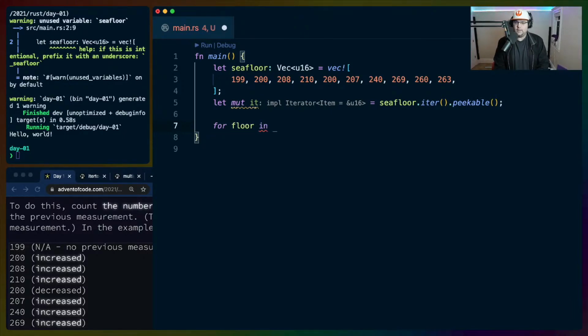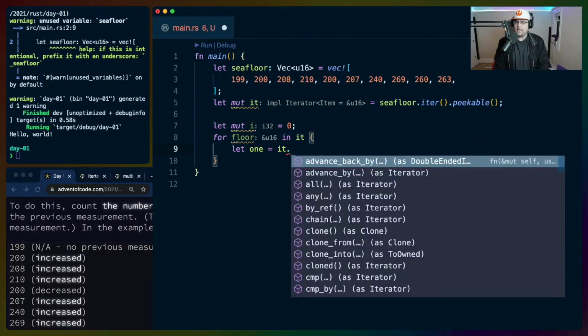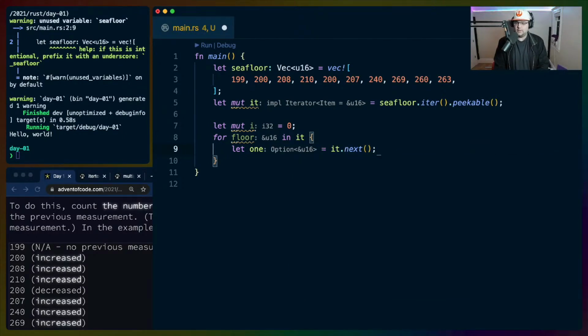For floor in it, let mut i equals 0. And then we do one equals it.next, which is what we need the mut for, and let two equals it.peek, which is what we did the peekable for.